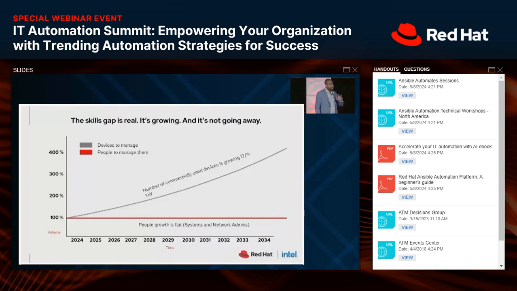This is another slide that I thought was very interesting as well, again demonstrating the gap between your skills and how many devices are showing up, right? It says that on average, devices grow year over year by 12%. So the more resources that have to be managed, whereas the number of people being hired stays the same, at some point you have to do something to get past this challenge that's put in front of you.